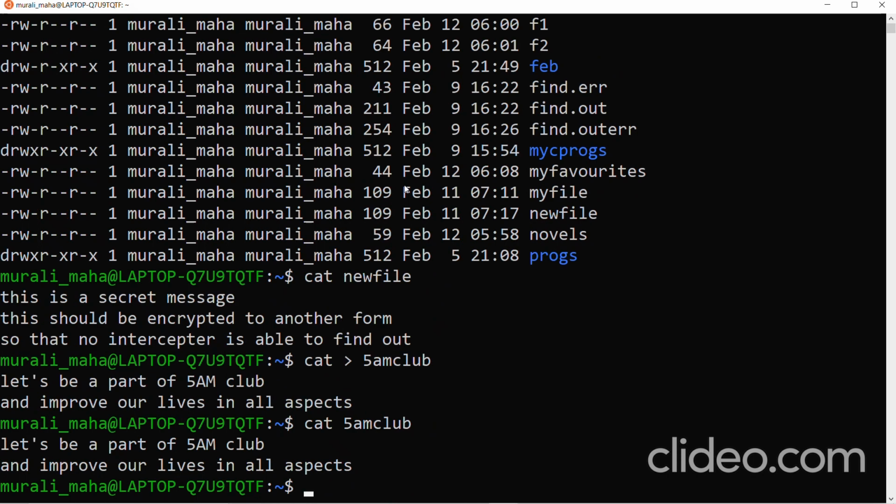What if I want to append to an already existing file? Cat double greater than. So double greater than is an appending operator. 5am club.